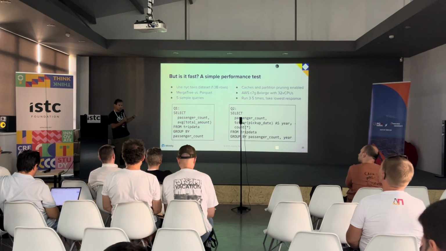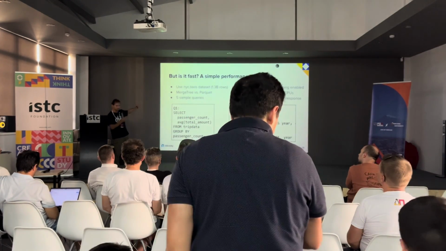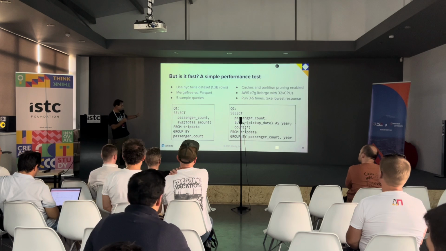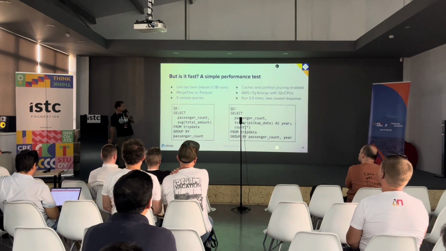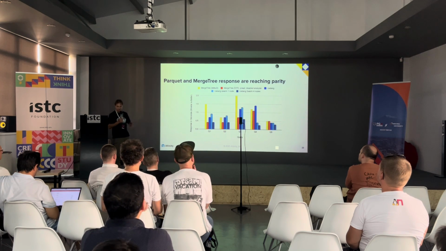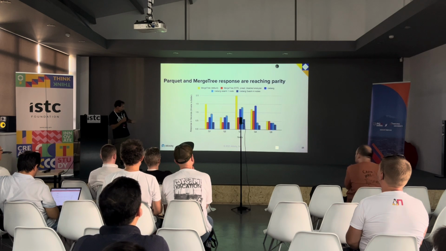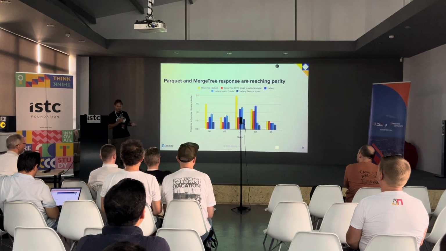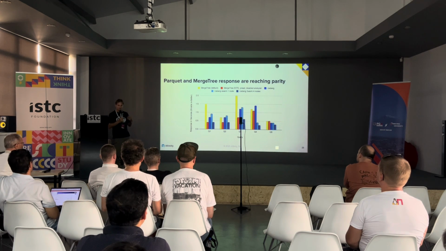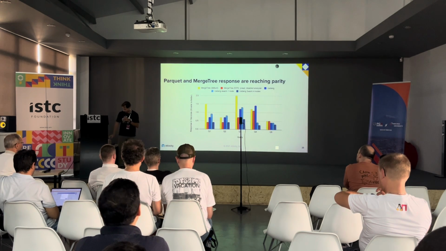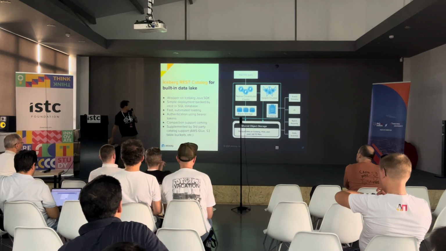In a simple performance test, the setup is a data set of 1.3 billion rows, a pretty common one, with very simple queries. If you run those queries on native ClickHouse and on Swarm, you can get better performance on Swarm thanks to the additional compute that you can provision. And it will be even better with the new ClickHouse version because it introduced a better Parquet reader. This is proof that with this architecture we can keep ClickHouse performance, but use a different storage model based on open table formats.